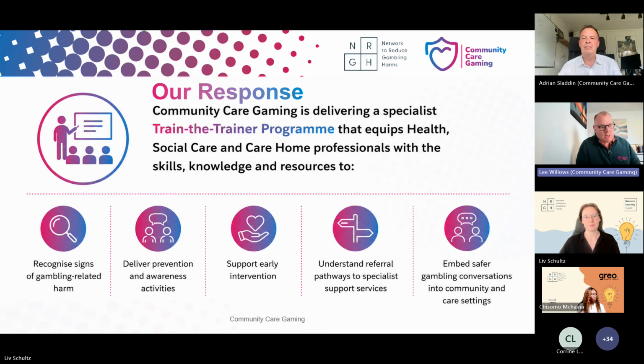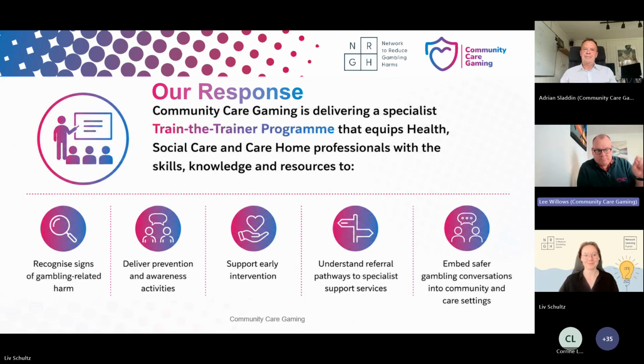Many of you will be familiar with the work that Adrian and I did. We've taken groups of people to a venue for an inspiring day of learning. Evidence-led and with lived experience, lots of activity, lots of practical stuff. And again, we're going to emulate that as well within this program. Some of the topics are on the slide just there. And in a moment, Adrian will take a bit of a deeper dive into some of the content of that particular program. Next slide, please.